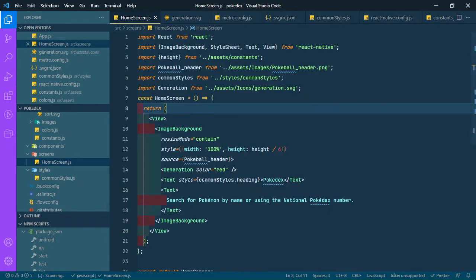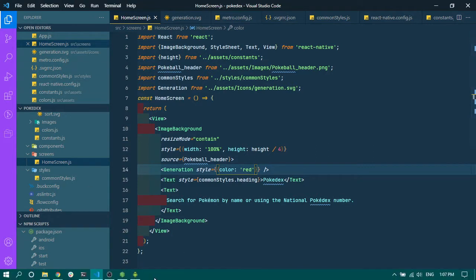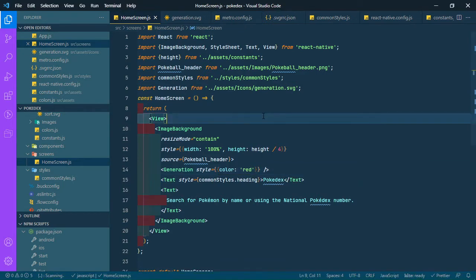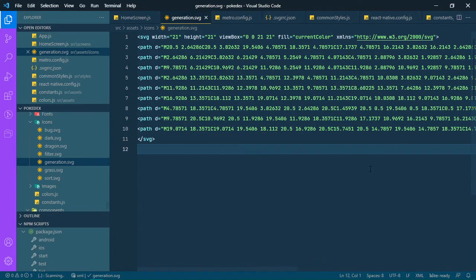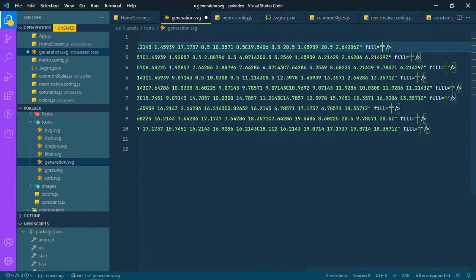So if we go to home screen and apply style here as color is red. No, still not. Because if you check here, you can clearly see we are passing here color. So either all this should be current color,